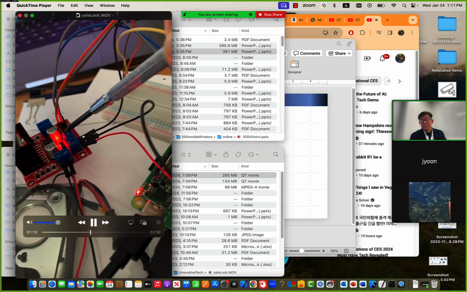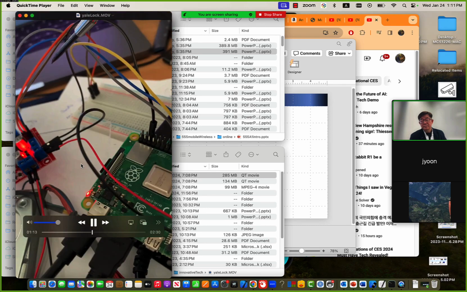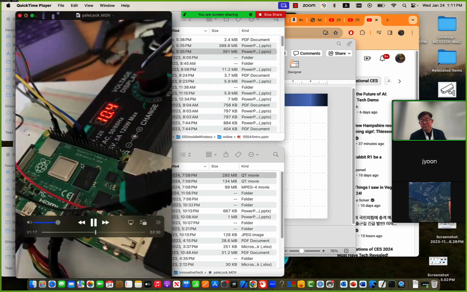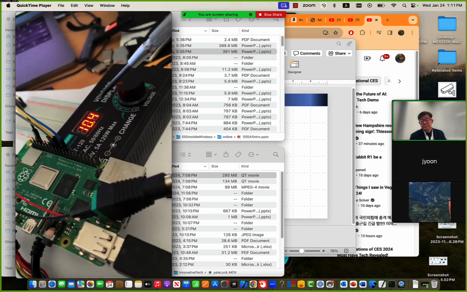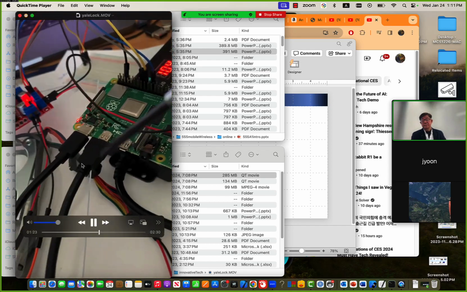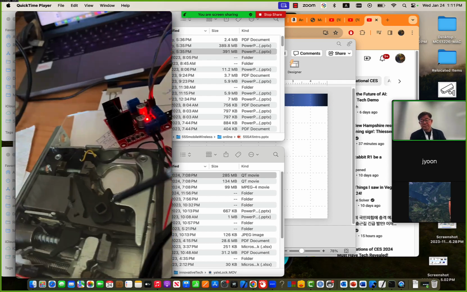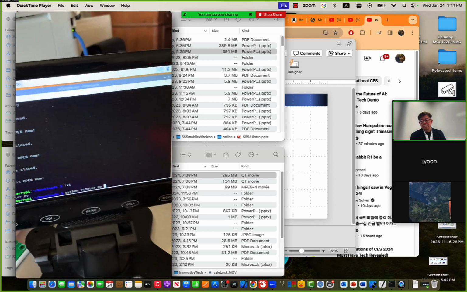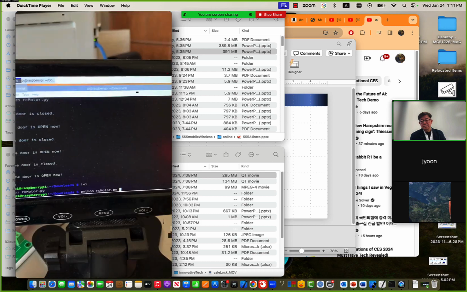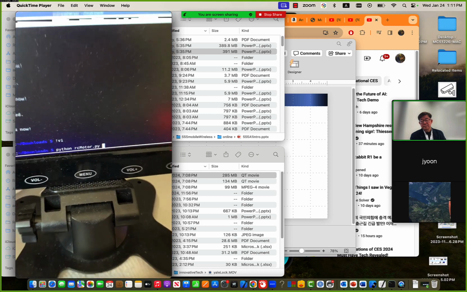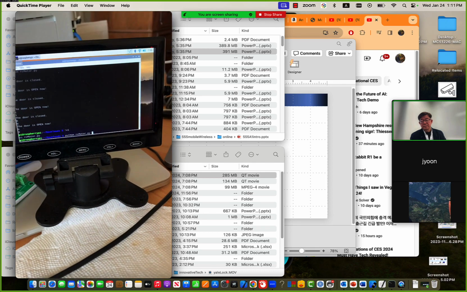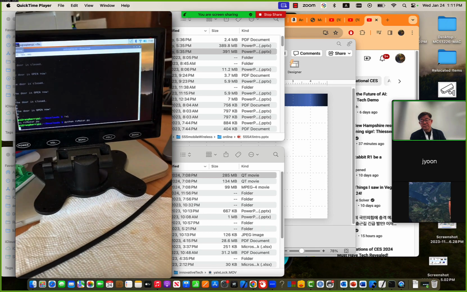H bridge relay modules. That is now controlled by the Raspberry Pi, and power is supplied from this AC to DC converter, and that is now programmed here on this one, and I'm going to run this code, python rcmotor.py, and I hit enter,